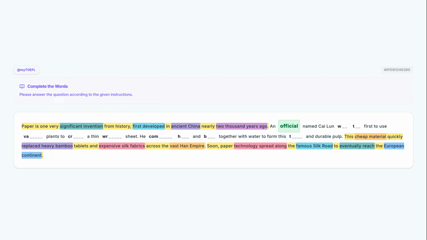In this context, the text is identifying Kai Lun as the specific individual who achieved a breakthrough. To specify his unique position as the first to use these materials, we must use the definite article the. An official named Kai Lun was the first to use